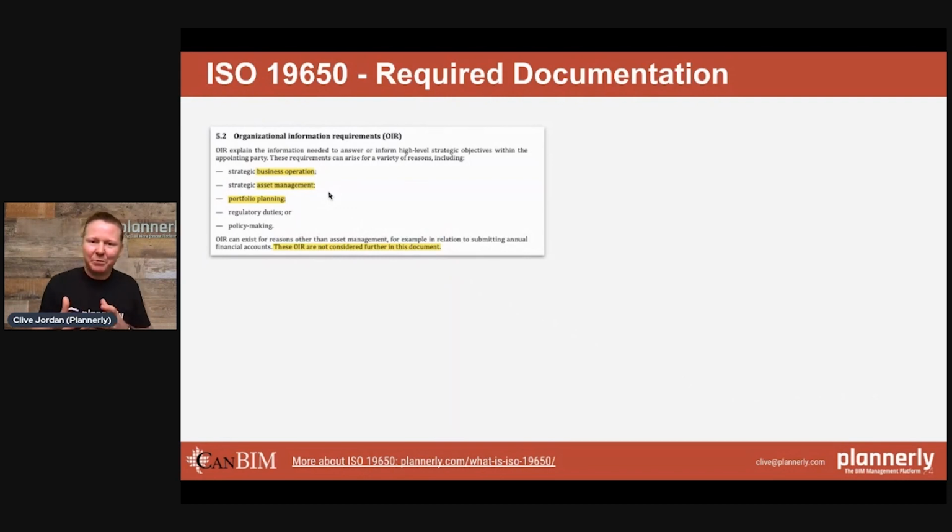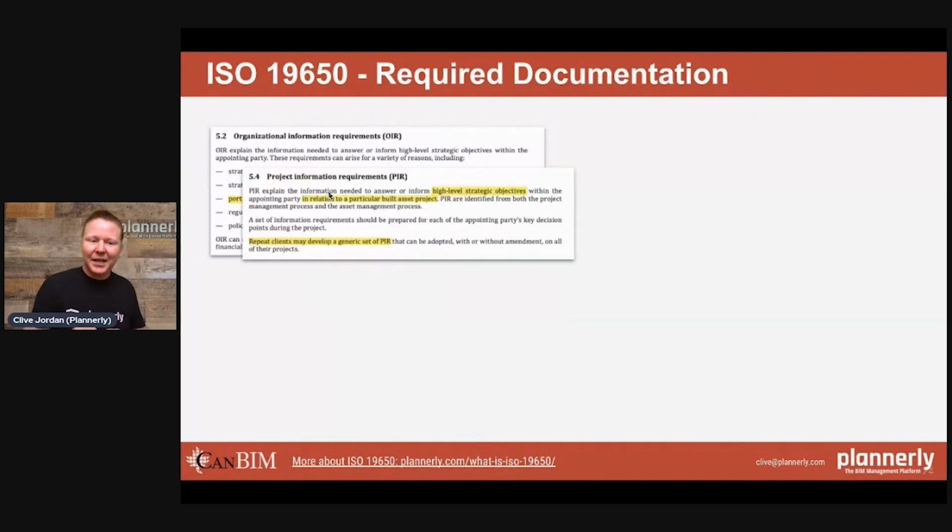It's different potentially for a casino operator who wants to open their floor early to get customers in and to get revenue, versus another company that's more interested in sustainability, who would have different organizational requirements. It's why that appointing party gets out of bed every day. For a specific project, there would be more specific requirements related to that project type.